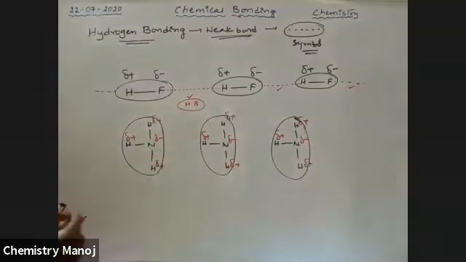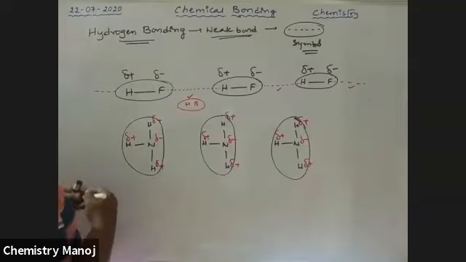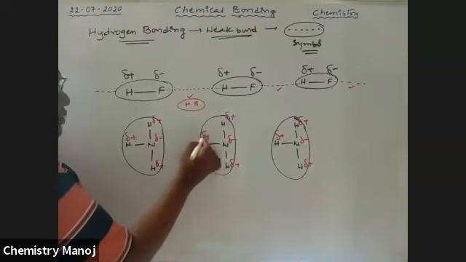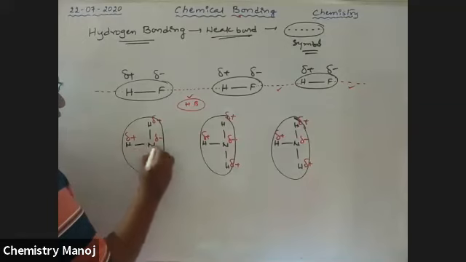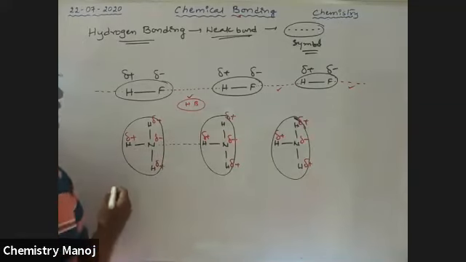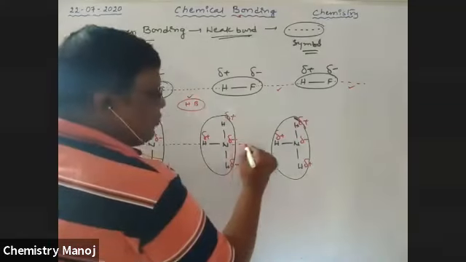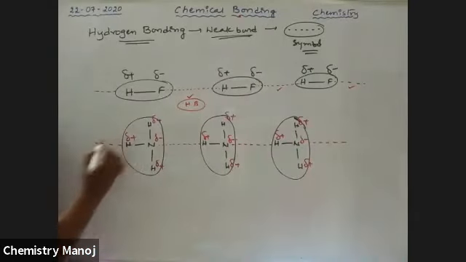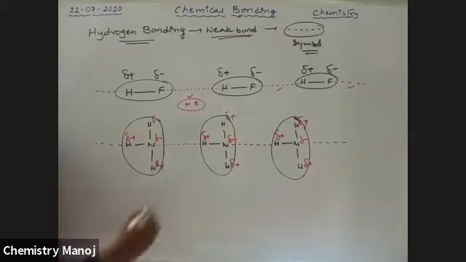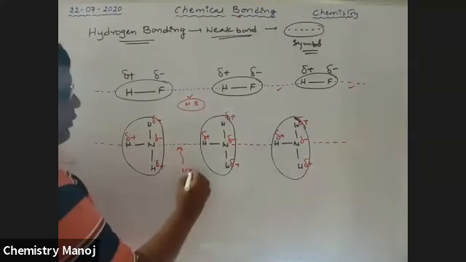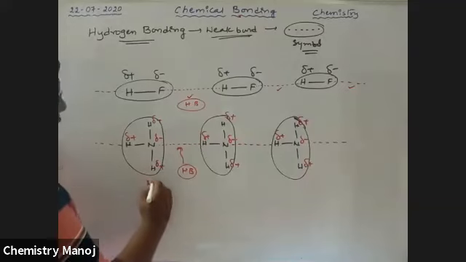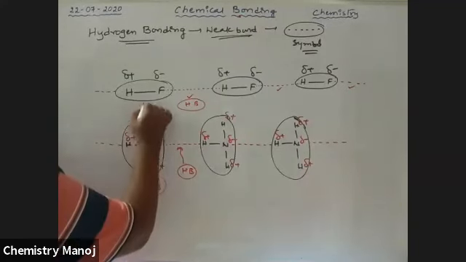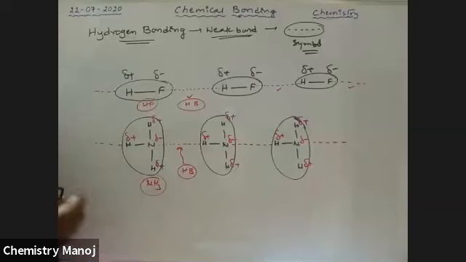So all these are three individual molecules, but they are nearer to each other. There is an attractive force between the hydrogen atom of this molecule and the nitrogen atom of this molecule. There is a weak electrostatic attractive force. This is going to be a continuation. So this is nothing but a hydrogen bond. That means hydrogen bond is present in the ammonia molecule, in the HF molecule and the H2O molecule. Like this, these are the hydrogen bonds.